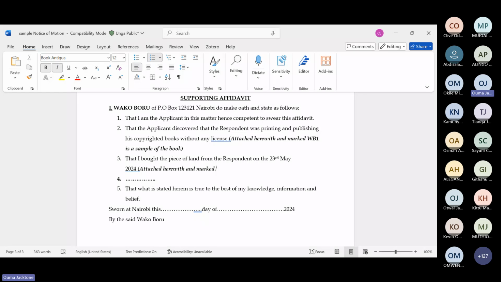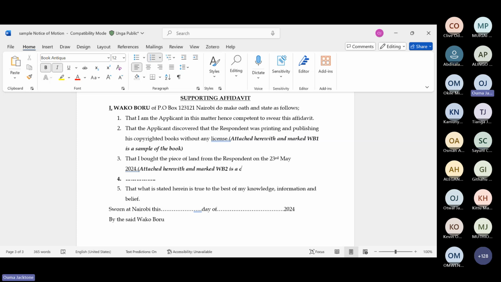Let's mark it fast. WB2. Yes, WB2, because we already have WB1. WB2 is what? A copy of the title deed.